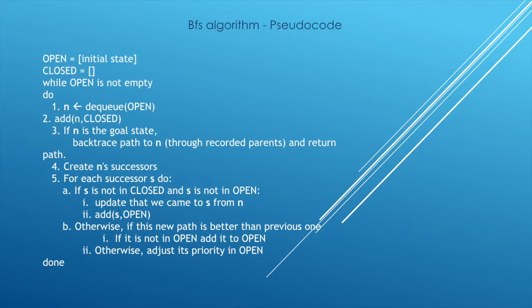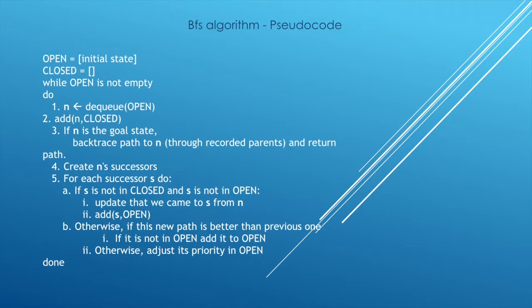While our priority queue is not empty, we will pop from the priority queue the best first state and we will add it to the close set. If the state is the goal state, we will backtrace all of our previous states which are located in the close set. If the state is not the goal state, we will develop all possible moves for this specific state